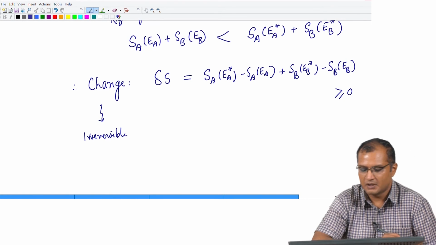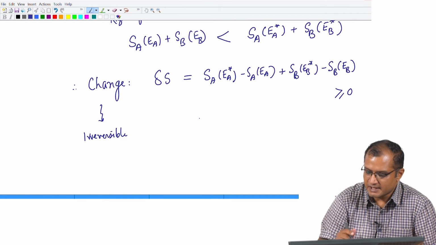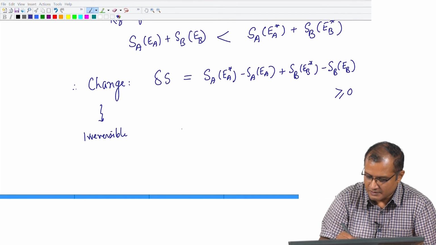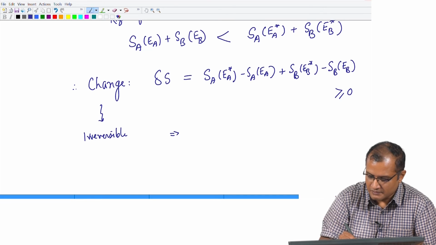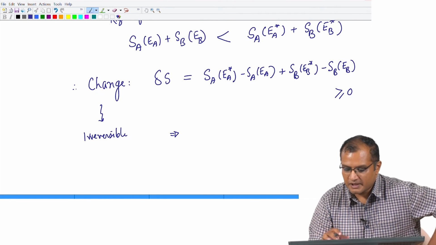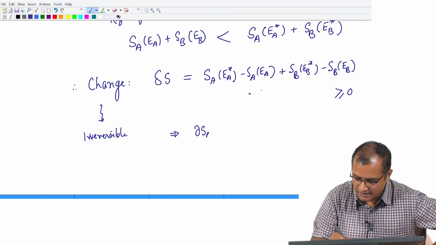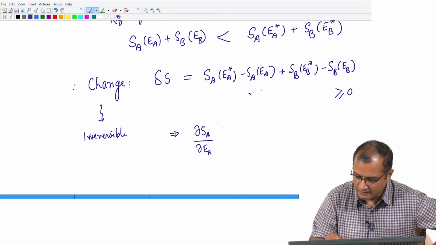Writing down this delta S, S A at E A star minus S A at E A is nothing but delta S A over delta E A into delta E A,